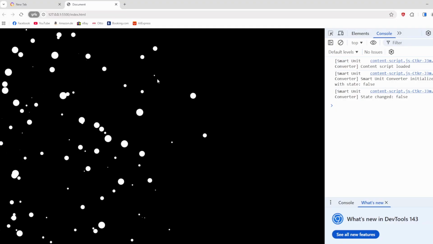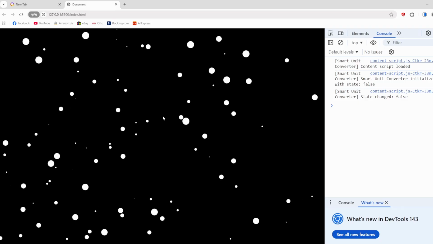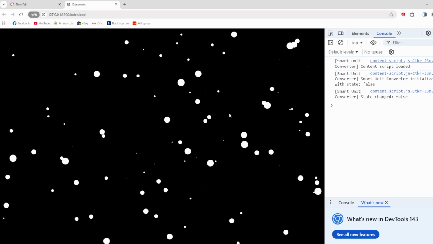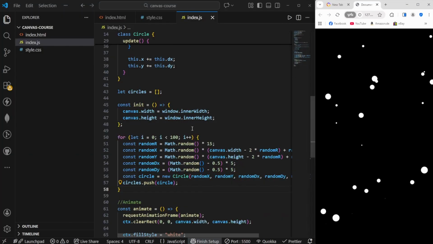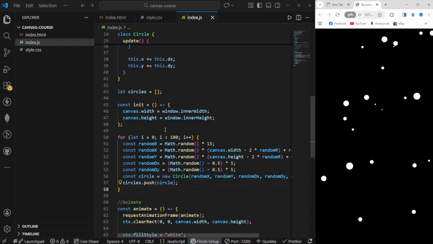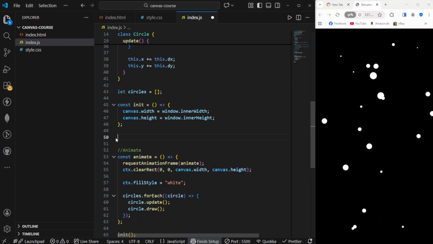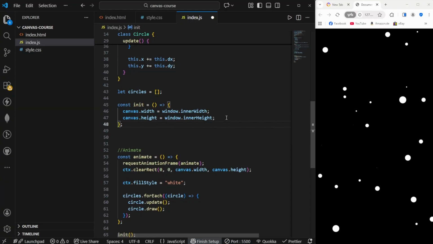But you can see this here looks weird. So once I resize the browser, it takes a little bit of time for all of the circles to go over and take up all of the available space. So maybe you want that, and then that is fine. But maybe you also want to immediately resize or respawn all of the circles, and then that is of course not fine. So in order to fix that, you can just, when calling init, so when resizing essentially, also reinitialize